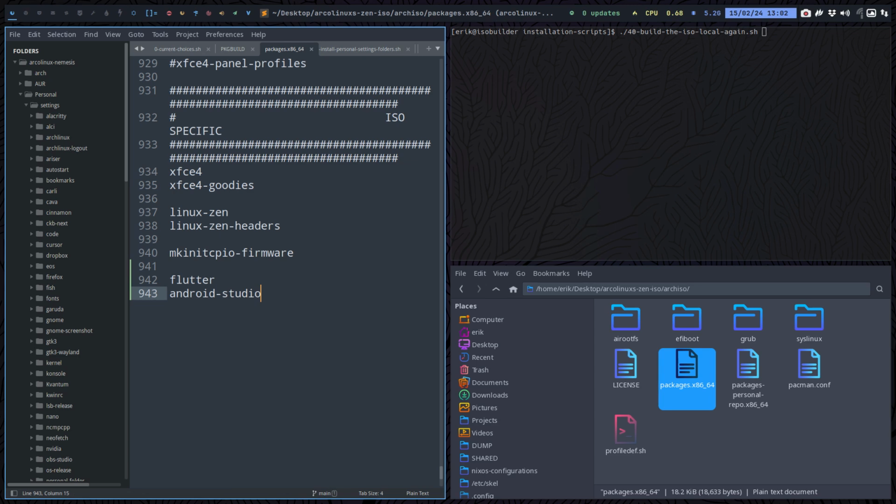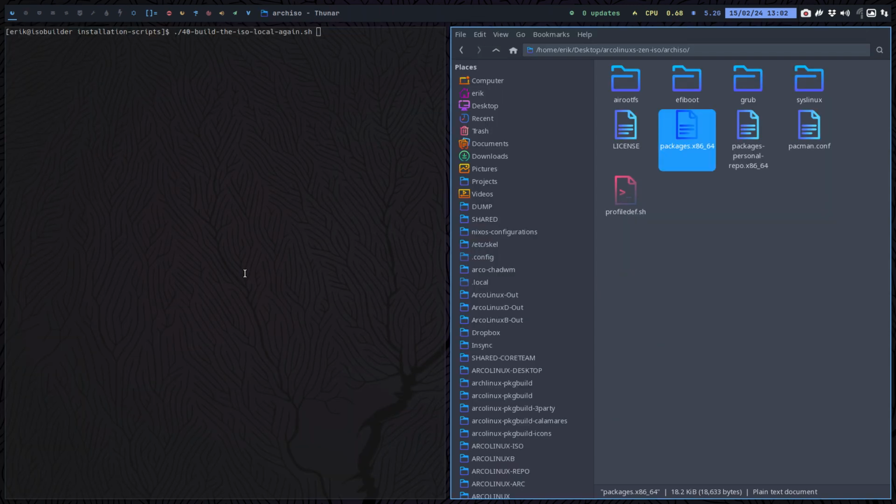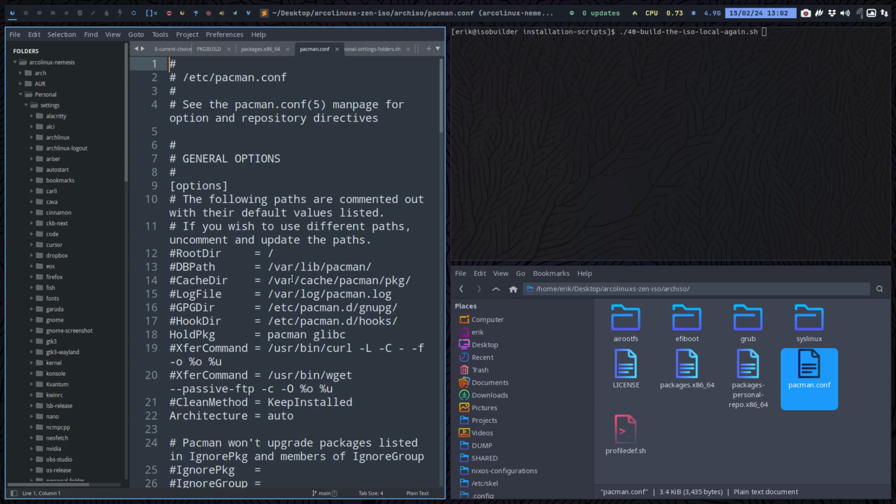Where will Pacman go? He will try to find out where can I find it. This Pacman is the one that's going to be used. Is Control Find Chaotic defined in here? No. That means I have to tell Pacman, hey Pacman, there's another database at that particular server, go grab it and install me the packages. How do I do that? Well,